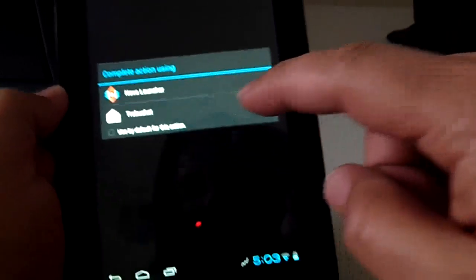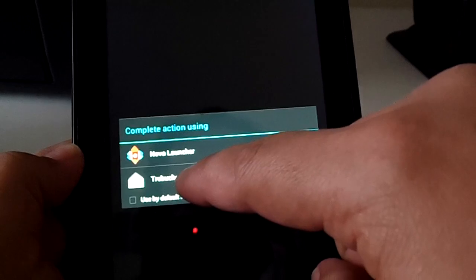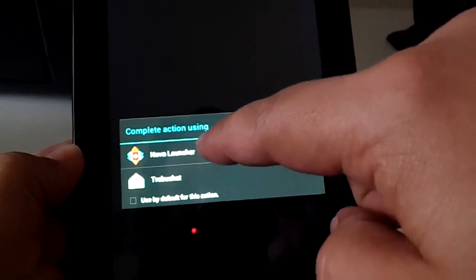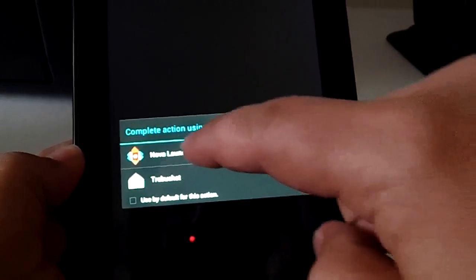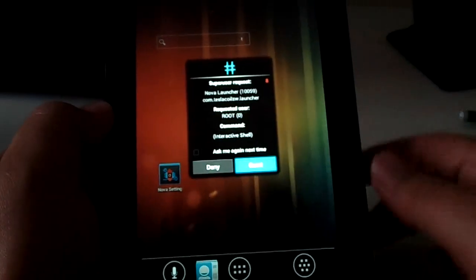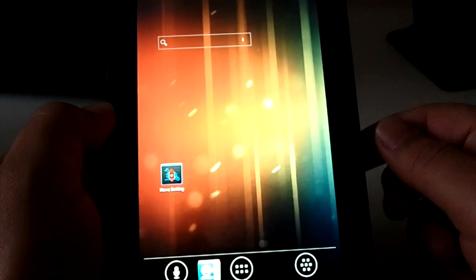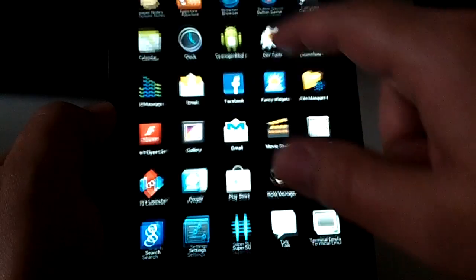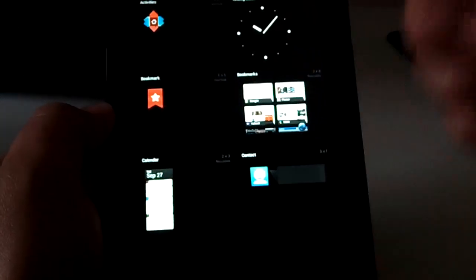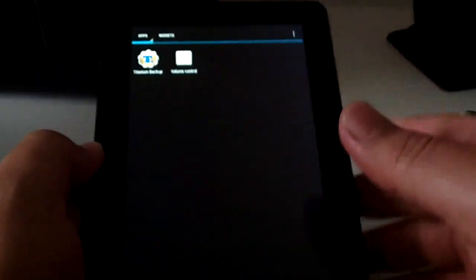Right off the bat, you get a choice of either the CyanogenMod Teams, Trebuchet, or you get Nova Launcher. I usually run Apex, but just for this, we'll use Nova Launcher. And of course, you get your SU because you have root. Helper for the launcher to add widgets directly from the app drawer. As you can see, apps and widgets